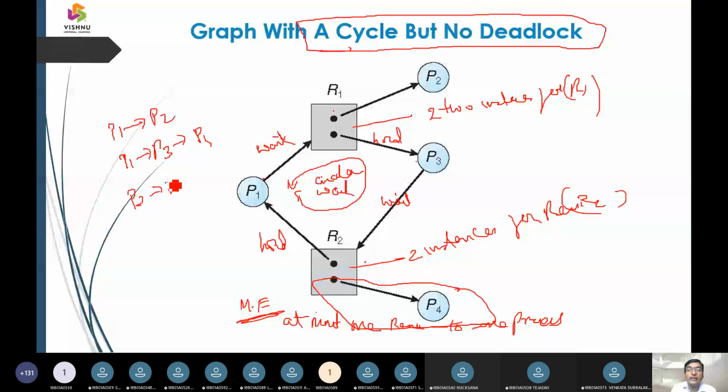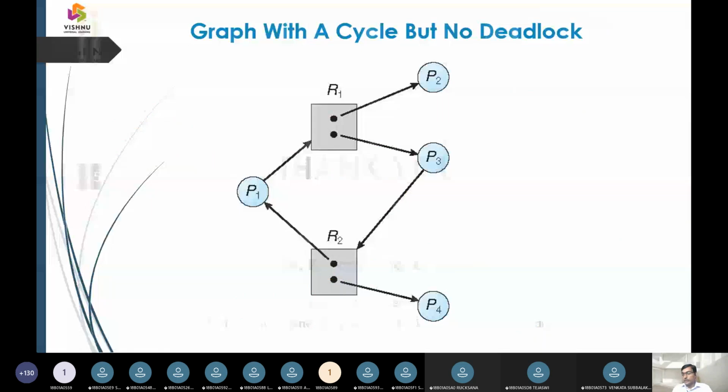That is the end of the resources. So we have some cycles here, but still there is no deadlock in this scenario. This is how deadlock reveals its aspects.